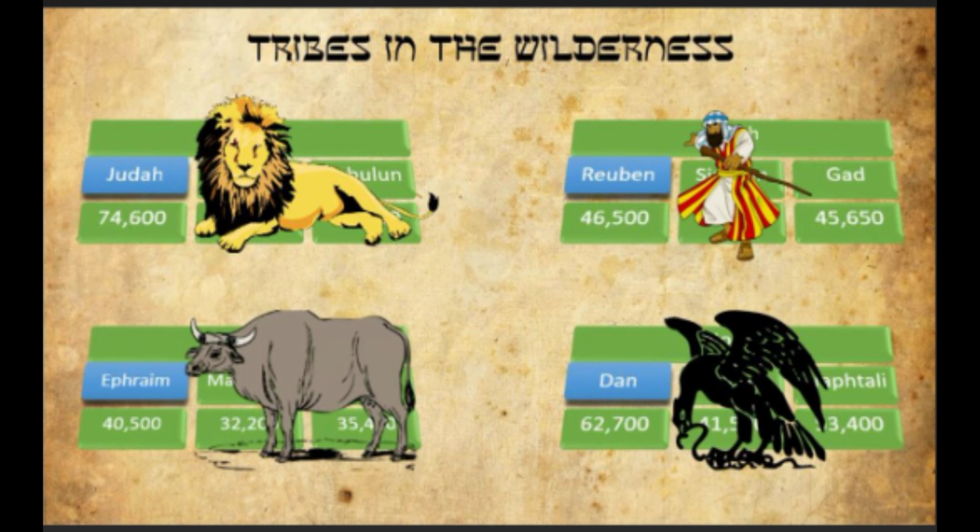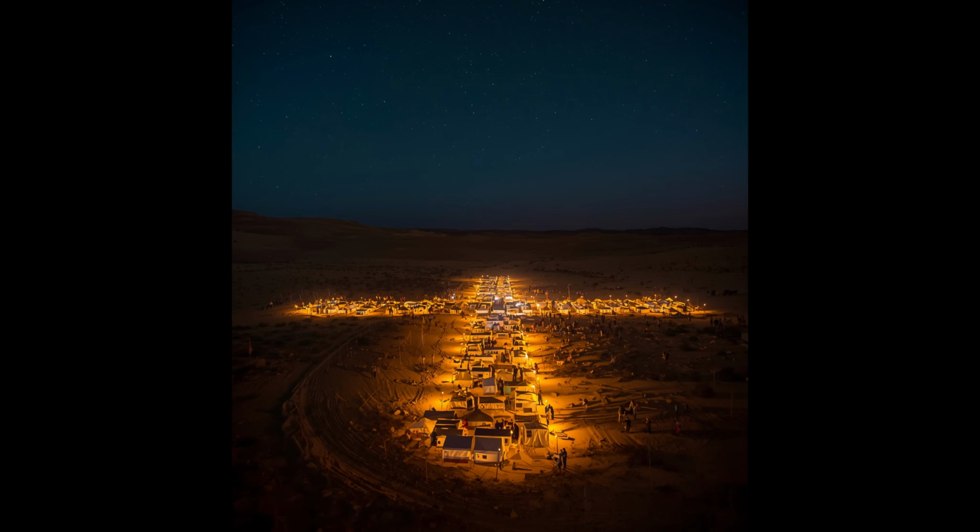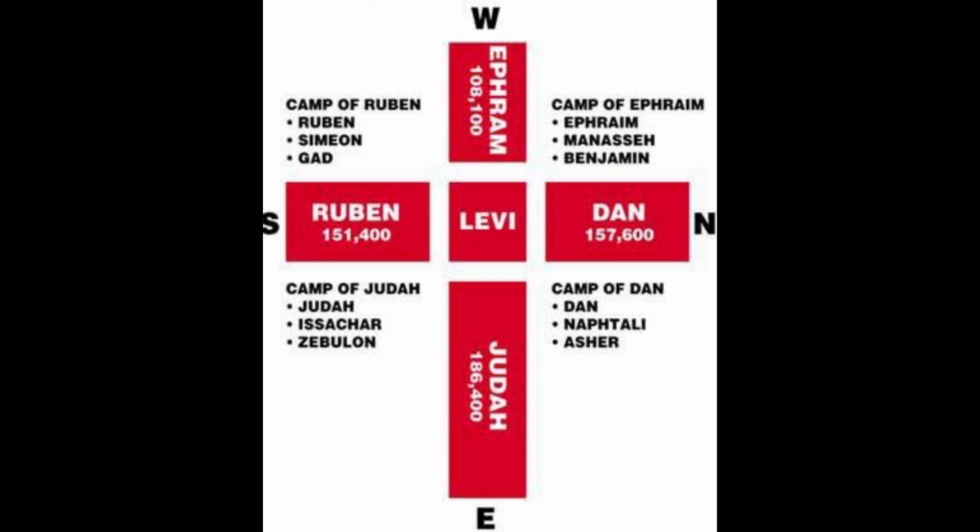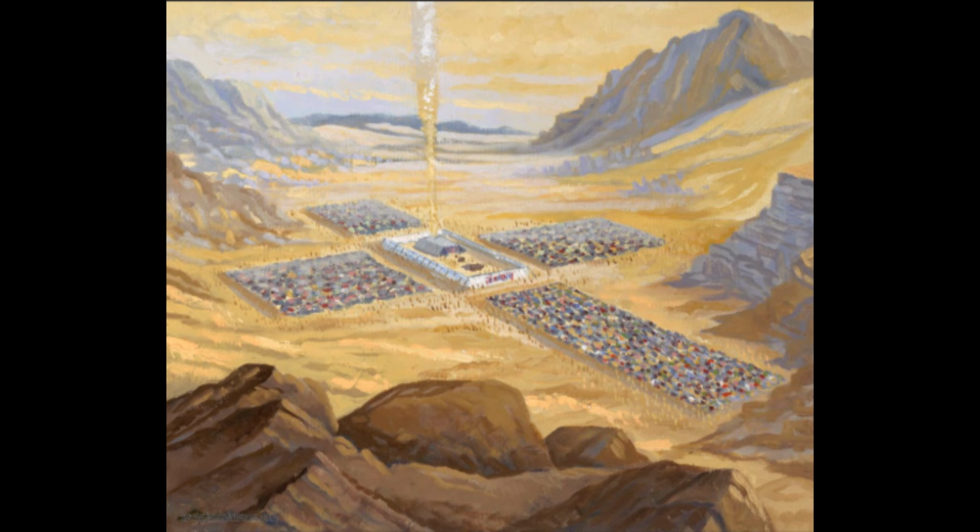Okay, so let's stand back and take an aerial view of what's going on here. We have Judah, 186,000. We have Ephraim, the smallest, 108,000. If you stand back from this, what does the camp of Israel look like? Here you have a sketch, and if you were Balaam on top of the hill prophesying over Israel, you'd be looking at a cross. If you were to fly over the camp of Israel during its wilderness wanderings, that was what you would be seeing.